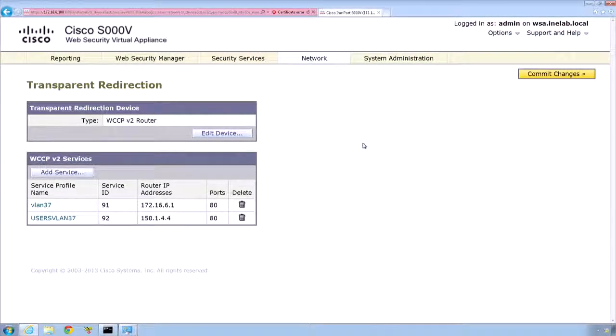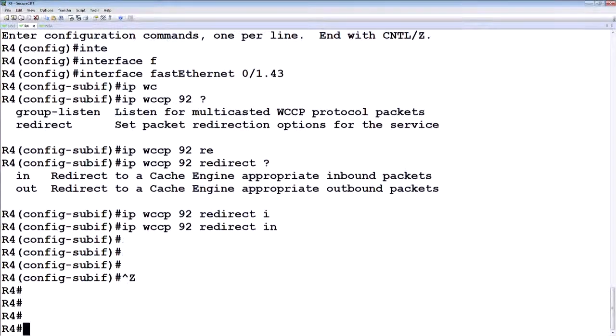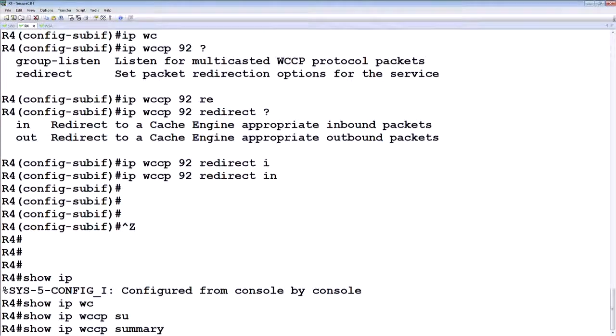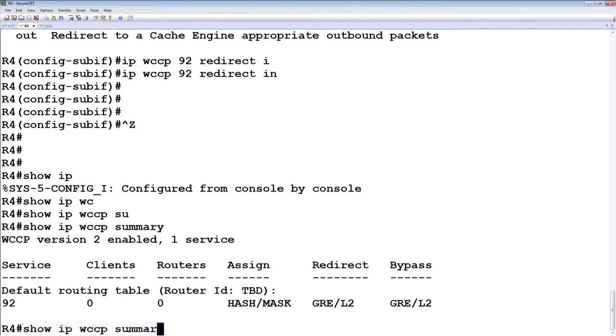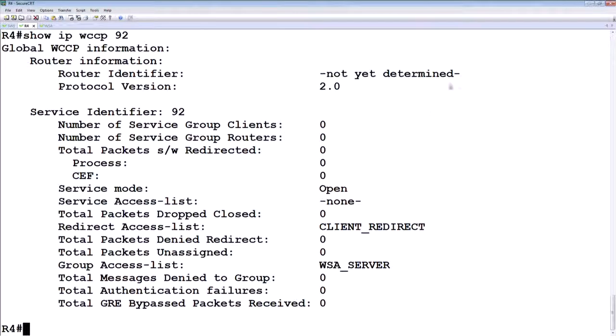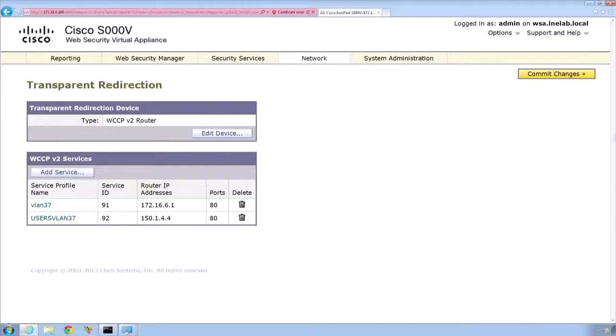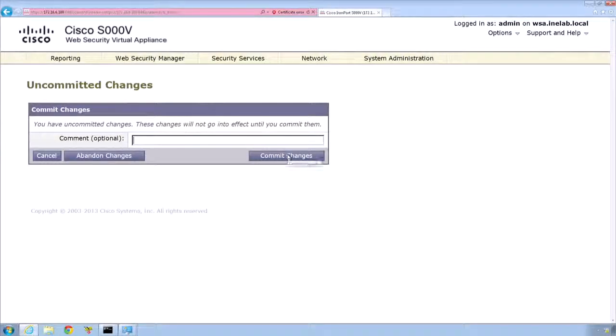Before I commit the changes, if I look on R4 and I say show IP WCCP summary, or show IP WCCP 92, I should see that basically the WSA did not register to the router. So the session is not yet active because the router did not assign a router identifier. Once I commit the changes, so I'm going to say commit changes,